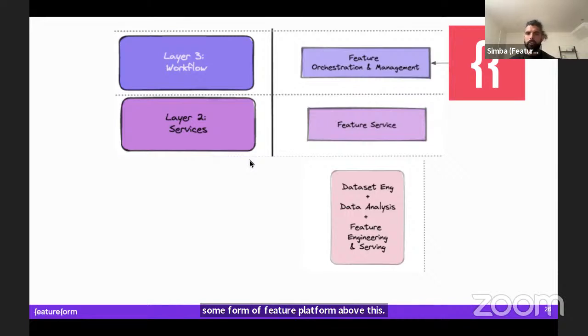Feature form, obviously, that's why we built it, was to solve this problem. But there are others. Feature form and Feast are the two big open source ones. We will again be doing a comparison of that in 2 weeks, a webinar in 2 weeks about comparing them. But how you should think of it is, hey, what are the data services I have or am going to